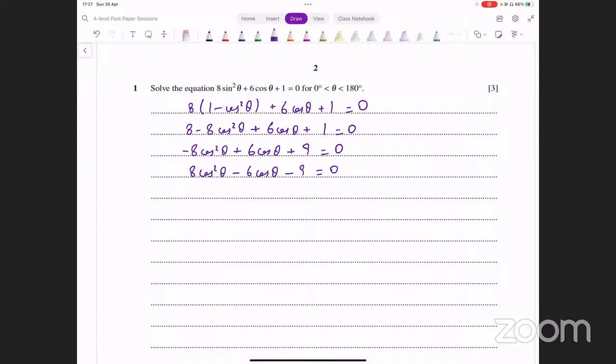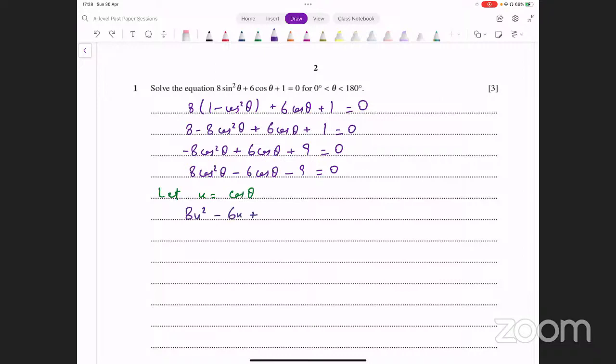It's just that we normally prefer having the first term positive, so we multiply by minus, but that's your choice. If you don't want to do that, you can do it without that as well. Now, what we can do is we can use a substitution. We can substitute cos theta with another letter, C or U, whatever you want. So this could be written like this. If we let U equals cos theta, we can write this as 8U squared minus 6U minus 9